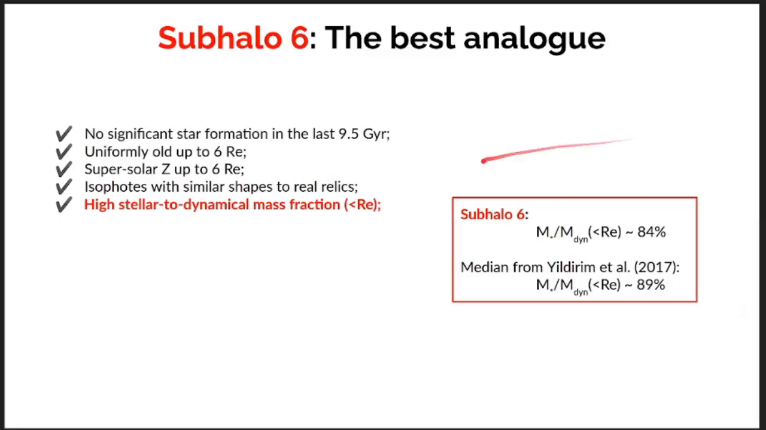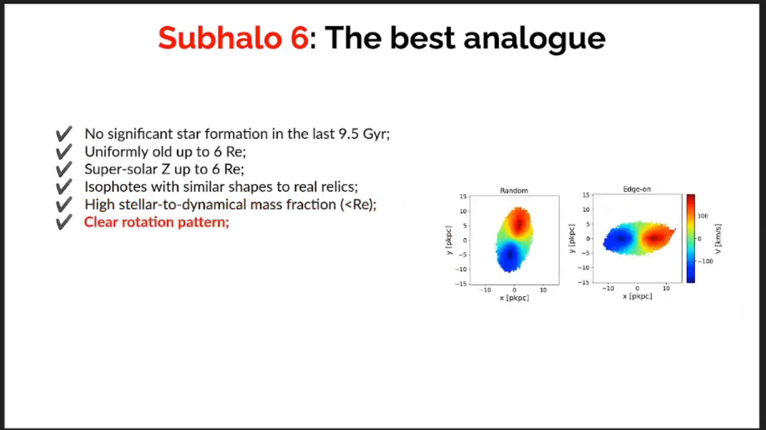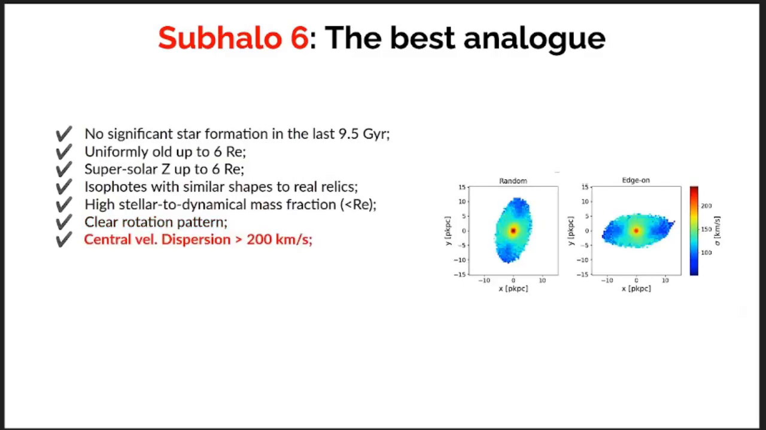The galaxy also has a high stellar to dynamical mass fraction. For the galaxy in the simulation, it's about 84%, while for the median in the observational sample, it's about 89%, which gives an idea that the stellar distribution in this galaxy is similar to the real galaxies. It shows a clear rotation pattern as expected. It also has a central velocity dispersion above 200 kilometers per second